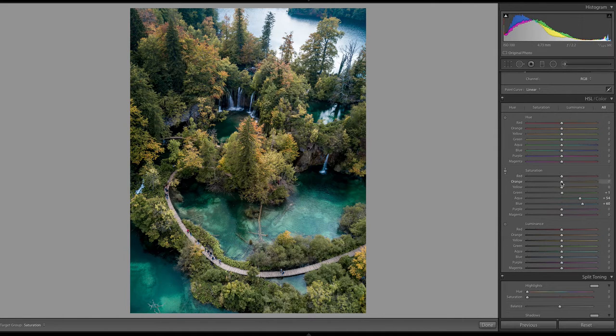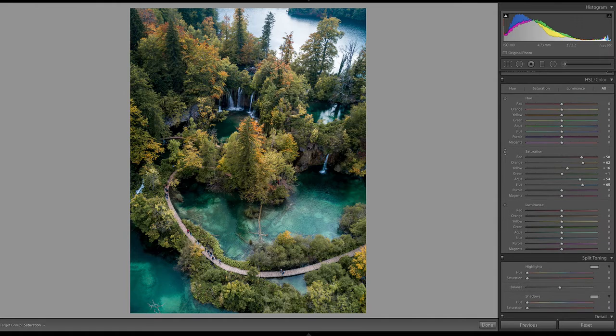One of the reasons specifically why I didn't want to bring up all the saturation is because of the yellows. I like bringing up the reds. I like bringing up the orange. It really makes some of these leaves pop. But by bringing up the yellows, it starts to make everything a little bit too yellow in my opinion. So I'm really only going to boost that just a little bit. Now the rest of these colors don't really need much saturation adjustment. So I'm just going to leave those as is.